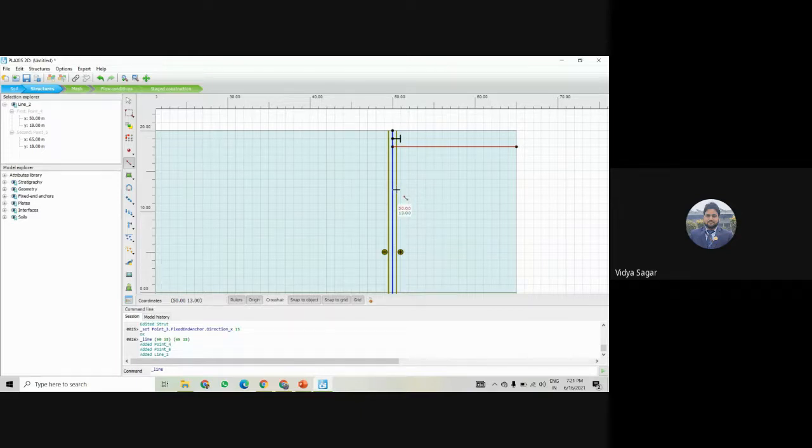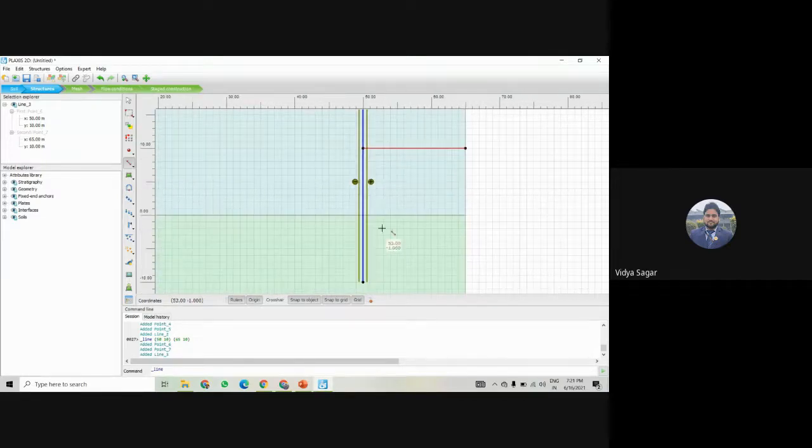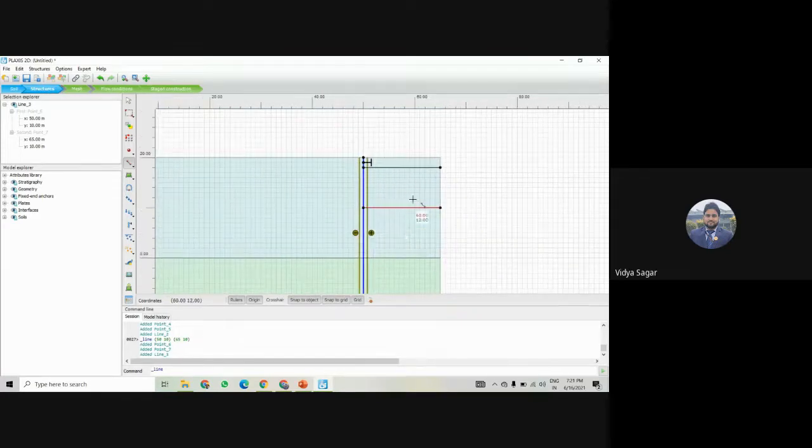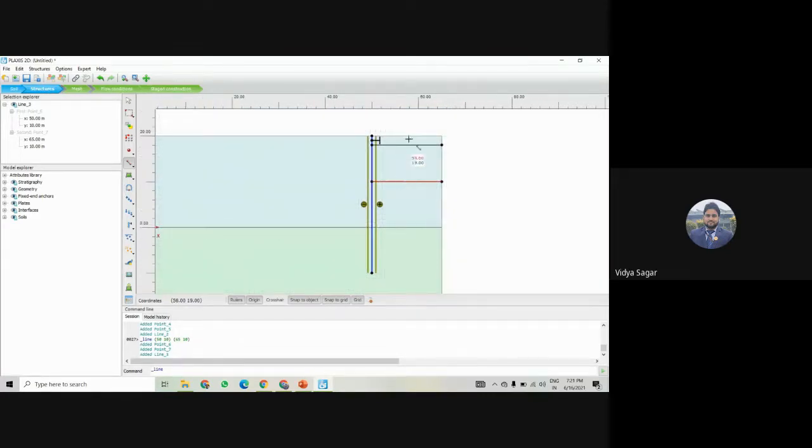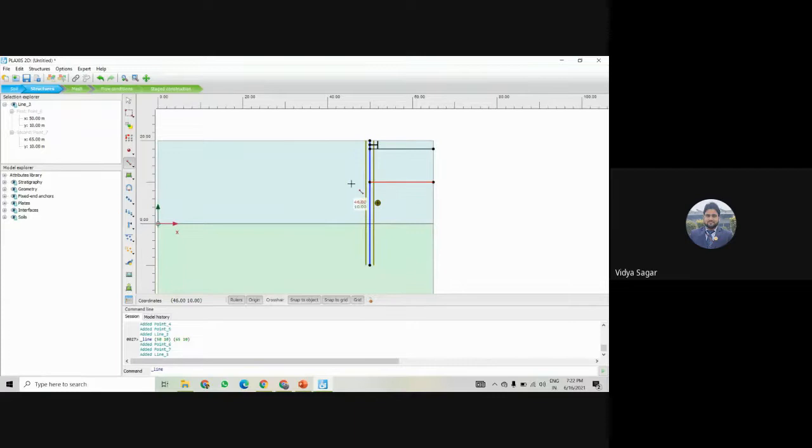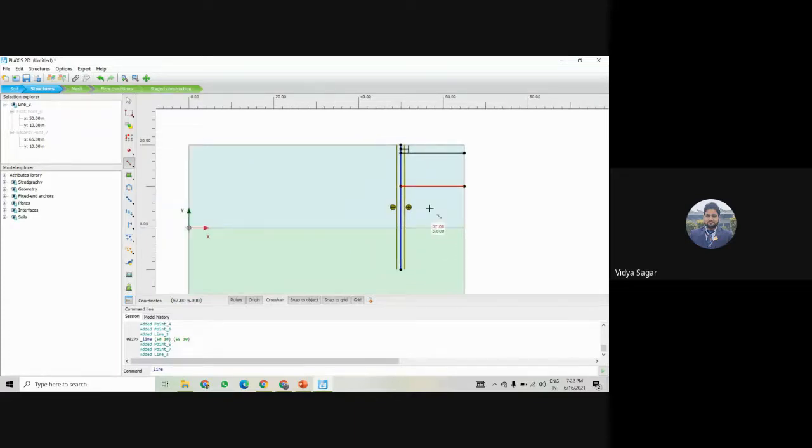Second will start from 15, 10 from here to here, and the third one is this one, which is already defined here. So these three stages we will excavate. First we'll excavate this first one, then fix the strut here, then we excavate the second one, and then the third one, and then we'll check what is the effect of the load over here, right?